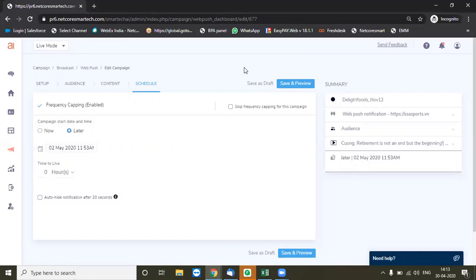Actually it's a best time feature. So in a 24 hour cycle, what is the best time wherein we can deliver this communication to the relevant customer? Each customer has his own preferred time, right? So you can trust the system that it will deliver the communication at the preferred time.